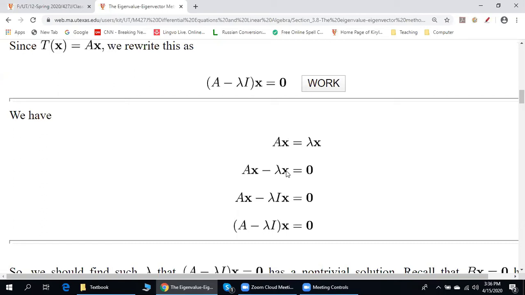Our natural intention is to factor out x. However, we cannot do it yet. Because if you factor out x in parentheses, you will get A minus lambda, which is absurd. We cannot subtract a number from a matrix. Now, you may ask me a question, how come that we cannot really factor a common term? Because we know that matrices enjoy